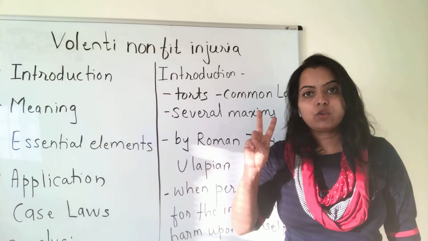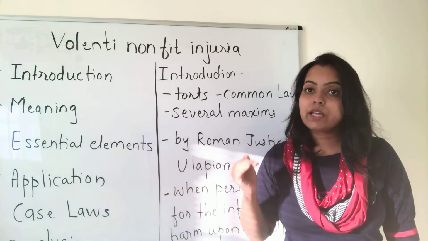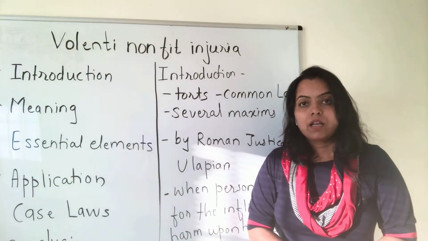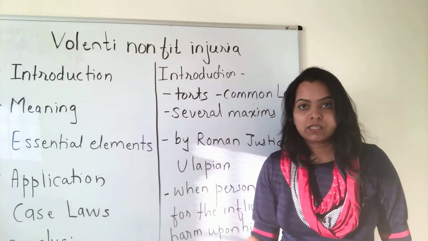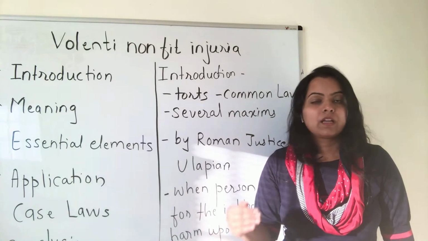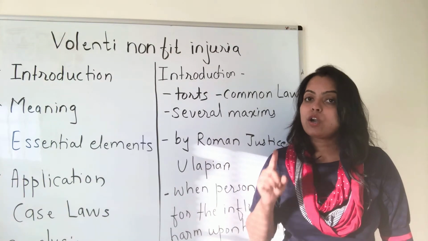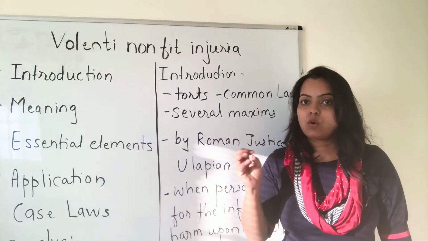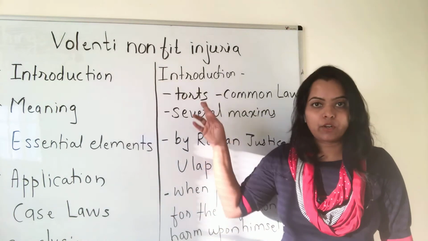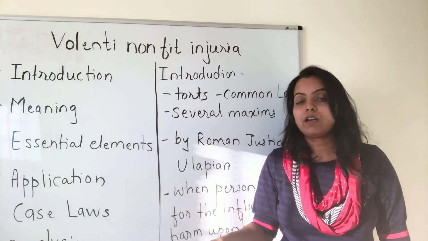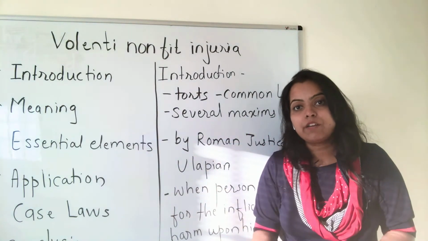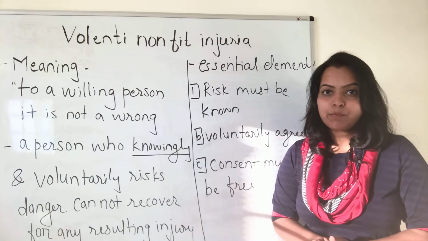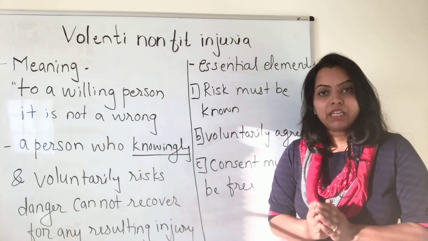Example, you and your friend are going in a car. You know that your friend has taken some alcohol and he is drunk, okay? You know the fact and you still sit in his car. While going home, an accident happens. In this case, you already know that your friend has taken alcohol and still you sat in his car, and over here you voluntarily agreed to it, right? And that's why you cannot sue your friend under the law of torts, because you voluntarily agreed to the harm which might happen to you.